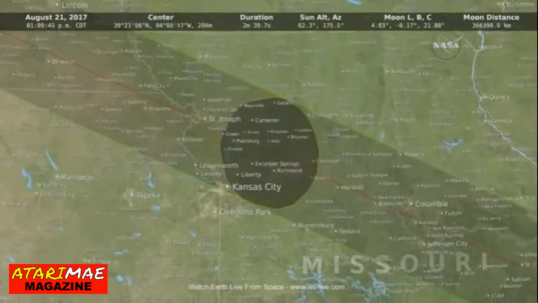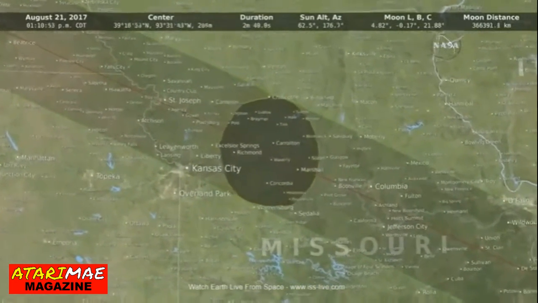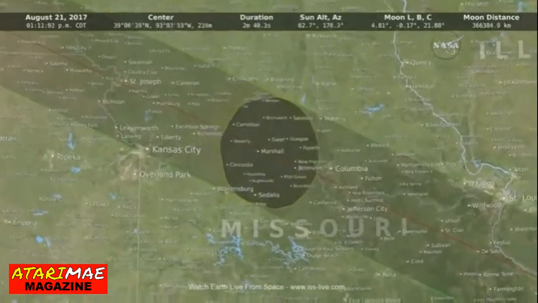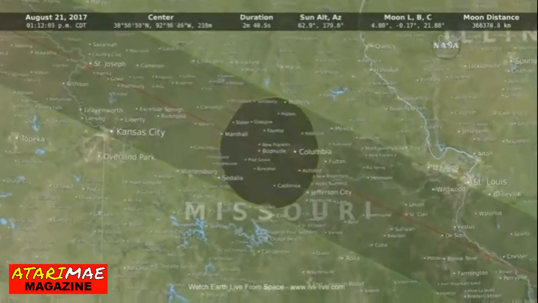So let's get into the cultural impact here, guys. Alex, what's your take on the cultural impact of these eclipses? Well, this is really such a fantastic opportunity to connect the nation and, in fact, the world with one of nature's most amazing celestial events. This is something that we, working at NASA, are really excited to be able to share. In fact, we've even worked with some of our colleagues in other parts like the U.S. Postal Service. Yes, the U.S. Postal Service actually created a special stamp for this event.